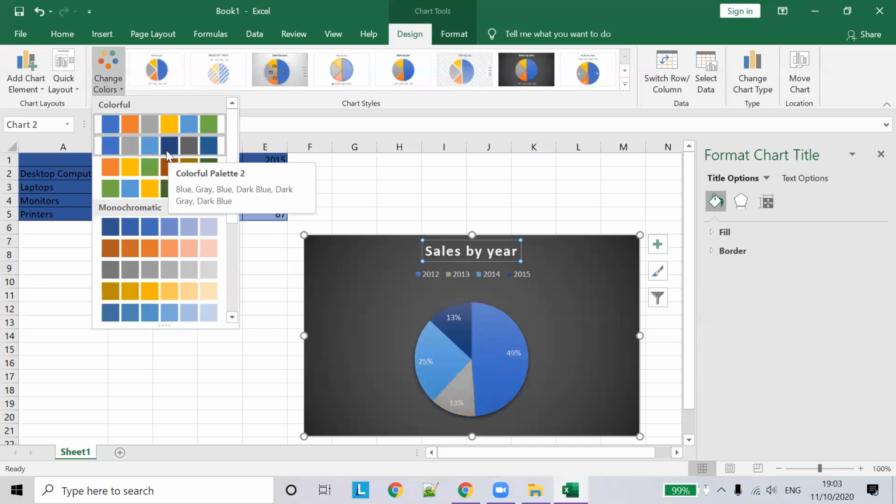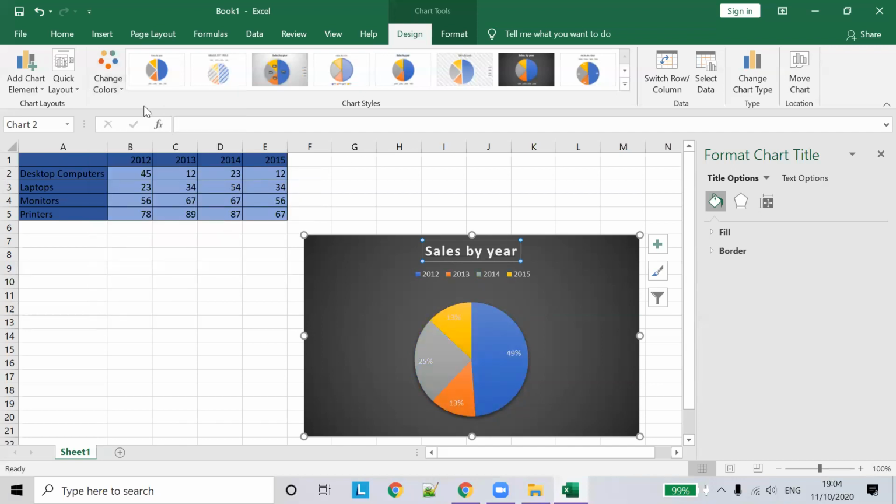So each color is assigned for each different type of item. So desktops, laptops, monitors, and everything will have a different color. I mean, every year has a different set of colors. So we chose one. So this is how you can change colors here.